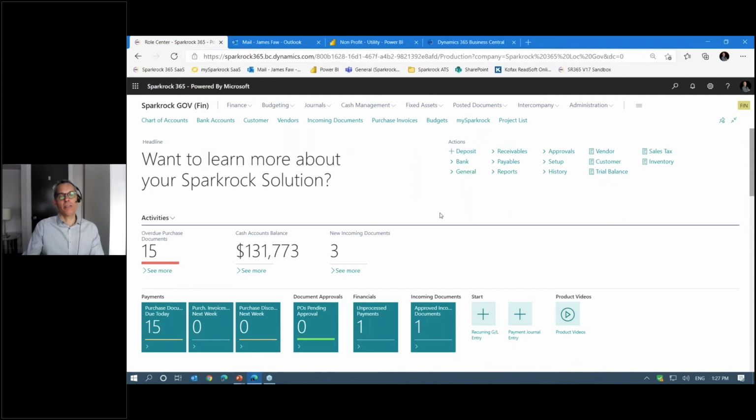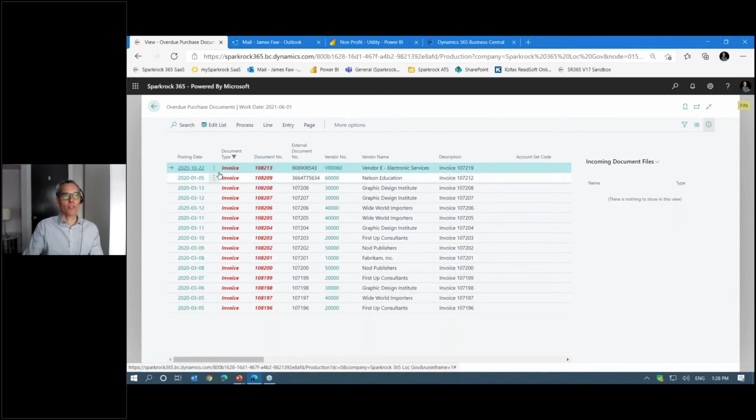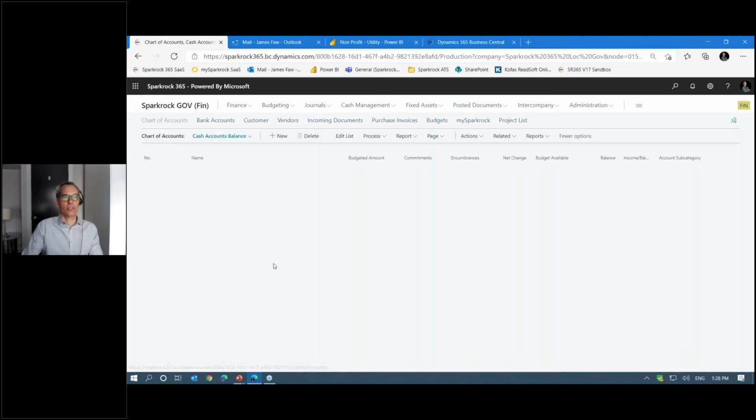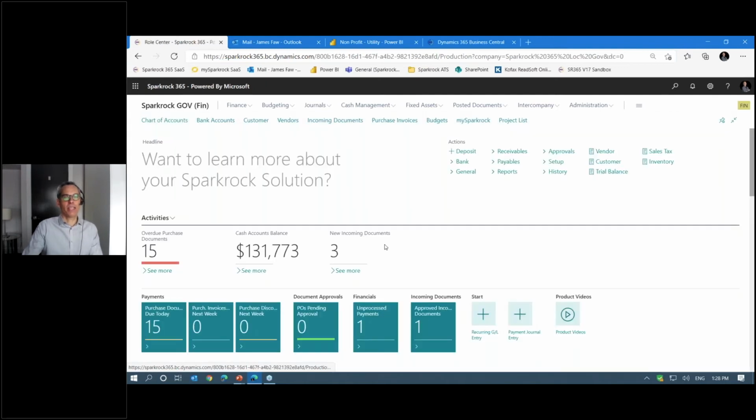The other thing in terms of empowering efficiencies is this solution is built from the ground up to tell the user about the health of your organization or that user's organization at a glance. So I'm logging in here, and it's telling me right away how many overdue purchase documents. So I've got 15 overdue purchase documents here, and I can click on those and drill down to see the specific entries that make that up. So you can see all of the specific invoices, the vendor name, exactly what those overdue invoices are, and understand that at a glance. The same thing with cash account balances. So I can drill down on those and see, again, this is a proxy for cash in the bank. What's the total of my cash account balances simply by clicking on that.